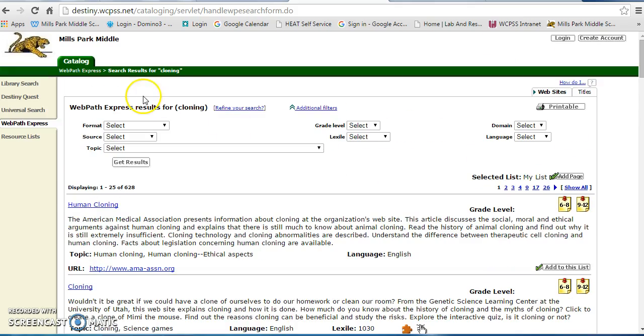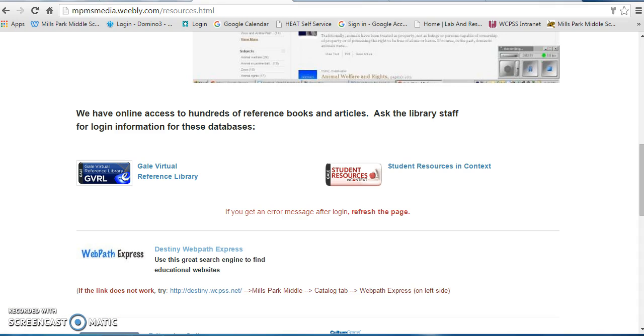Some topics like gangs are easy to find in these resources, but others are more difficult. It's important to think through your keywords and search terms, and if you don't find something right away, keep looking by modifying your search terms. Don't give up. Using my earlier example of animal welfare, that might not get you exactly what you're looking for, but if you narrow it down to animal abuse, factory farming, or wildlife conservation, depending on what you're really looking for, you'll come up with hits more closely related to your topic.